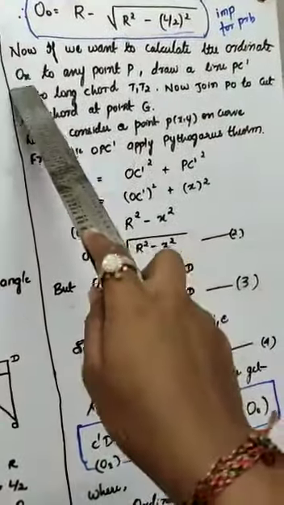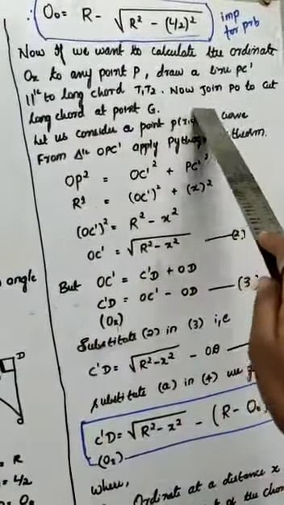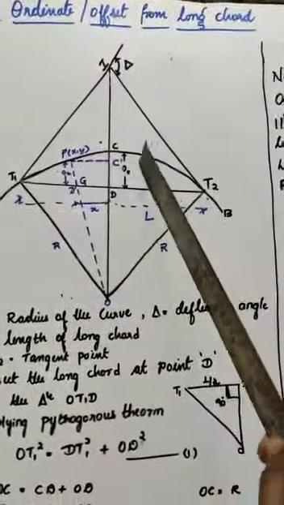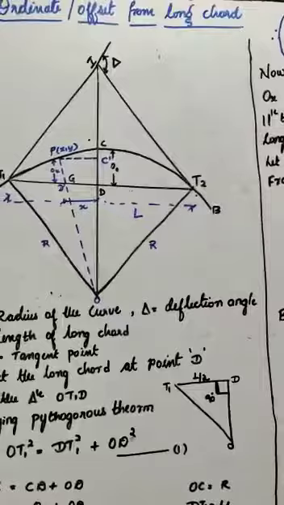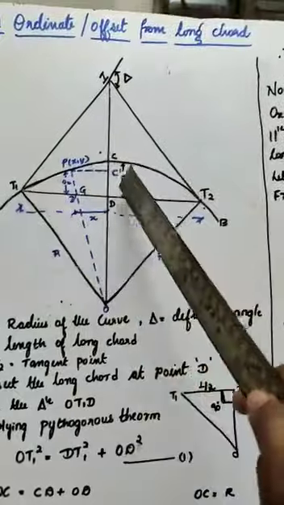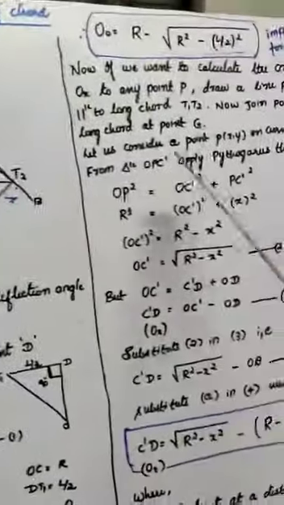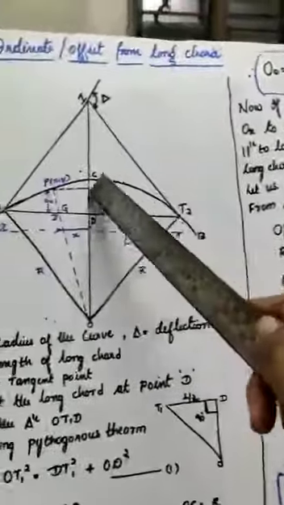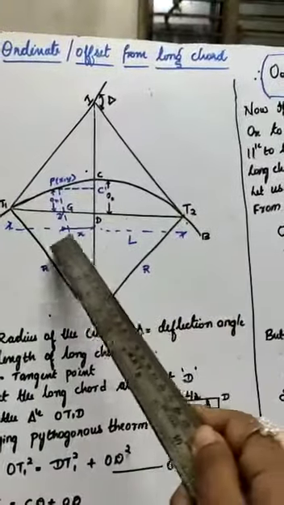So now if we want to calculate the ordinate Ox to any point P, draw a line PC dash parallel to the long chord T1 T2. So you have found out one distance, but while explaining the field procedure, I told you that some more ordinates will be found out, that is Ox1, Ox2, Ox3, Ox4. Those ordinates will be found out using this procedure. Say, if we want to calculate the ordinate Ox to any point P on the circle at the distance X, you